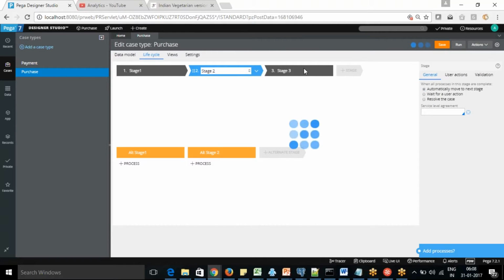Okay, and stage 3, let's say I'm making it an alternate stage, so that will be shown as a red line at the bottom. So by looking at the case state, oh, not 2, I don't want to make 2 as that one. Stage 3, I want to make it a visual case. Oh, I'm still in stage 2, sorry.